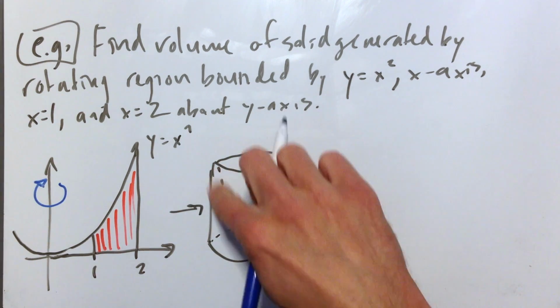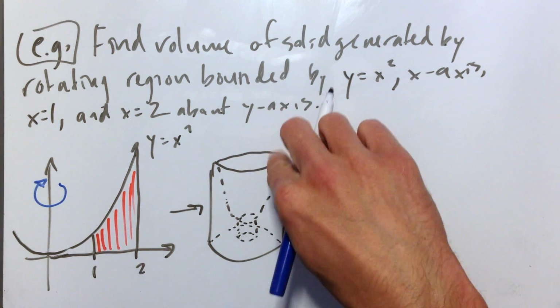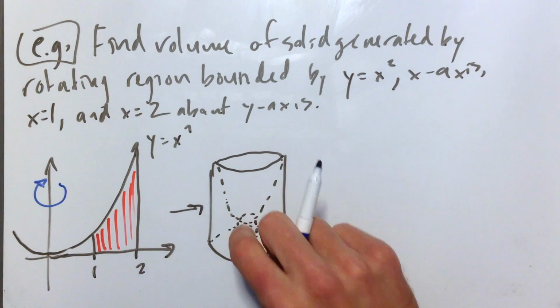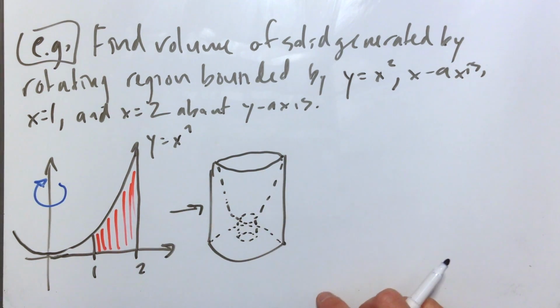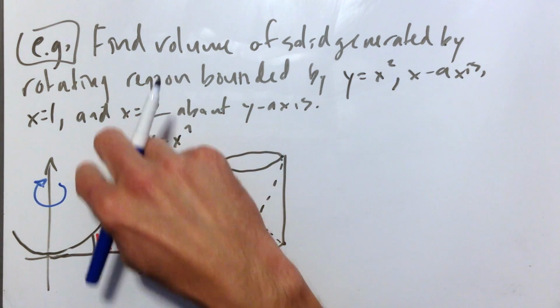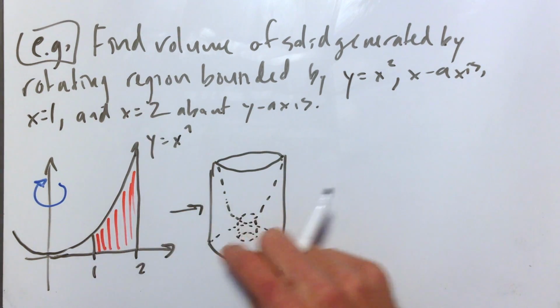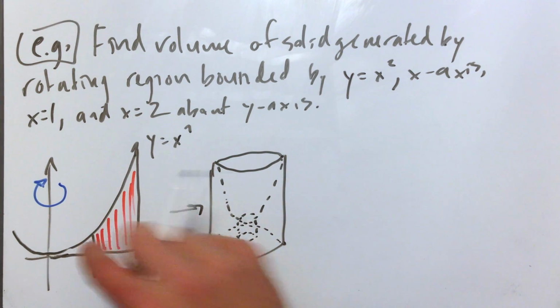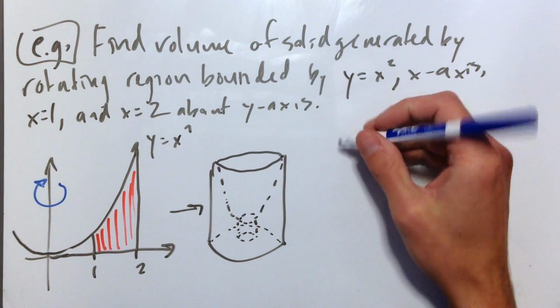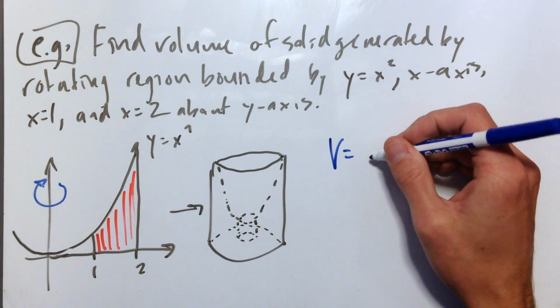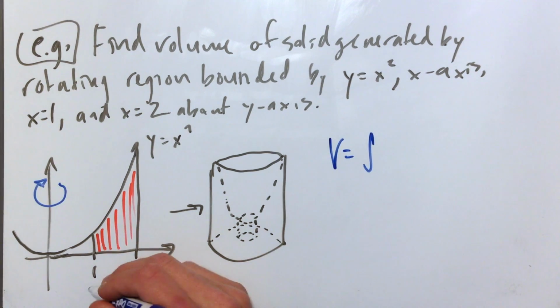It's like a cylinder with a sort of bowl-shaped hole bored out of it, and then a cylindrical hole bored at the bottom. The bowl shape comes from this part right here. The cylinder kind of comes from this hole right there. Anyways, so the volume is just going to be, by our formula, the integral from a to b, which is